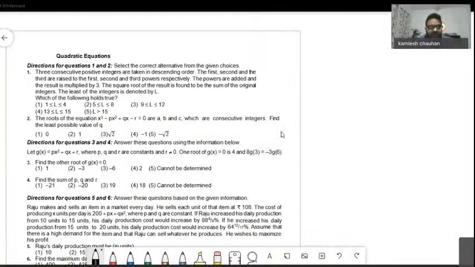Okay, so let's begin. We'll start with question number 1. Question number 1, I'll say this is of moderate difficulty level. Although it's not a difficult question to solve, it's a word problem, so you have to write the equation. So we are given 3 consecutive